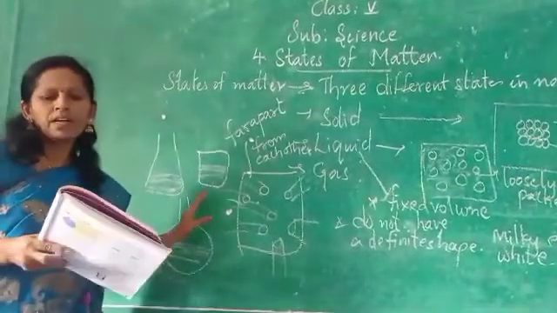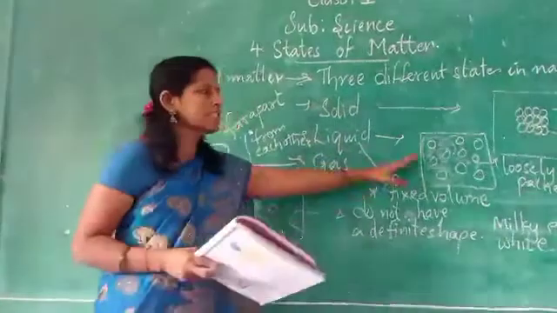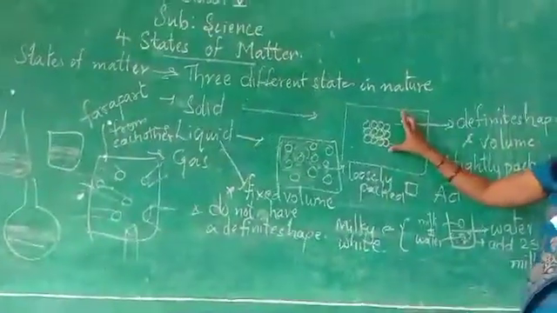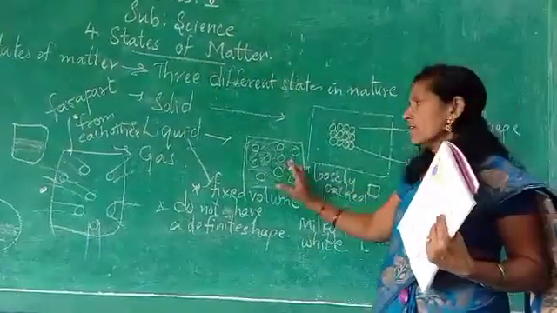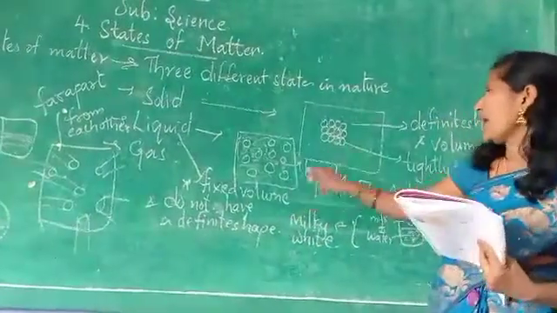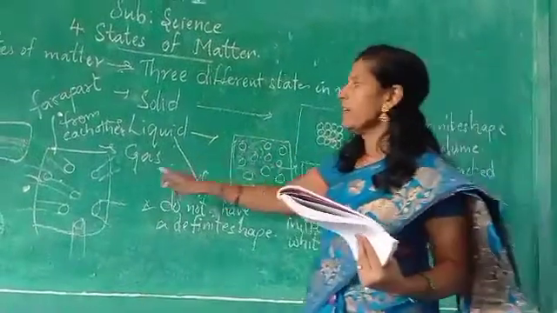Solid and liquid are both not the same. In solids they are very closely packed. In liquids they are less closely packed, loosely packed. Yes or no? Solids are very tightly packed. But in the gas